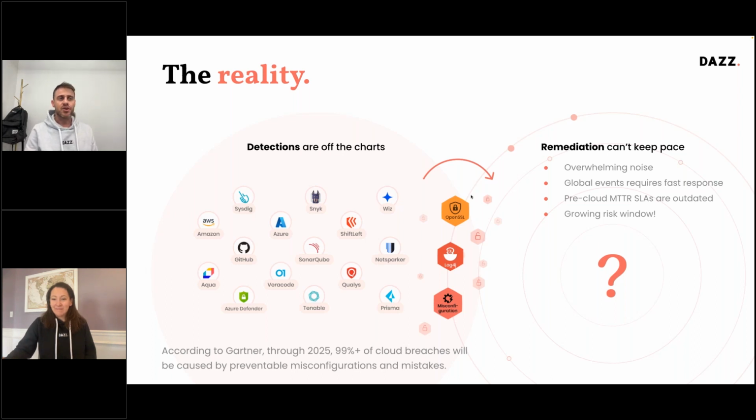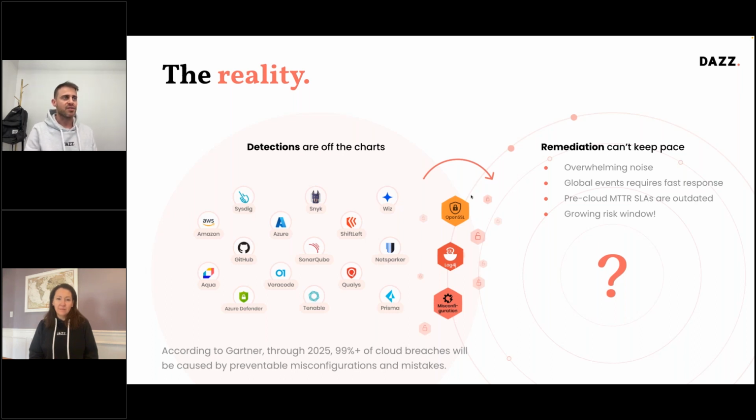As you know, the reality today is that we have so many tools from code to cloud that are spinning up and sending detections to the security teams all over the place, whether those are code scanners or CSPMs or tools related to pipeline security, the DevSecOps tools. All of those are creating alert fatigue for the security team to handle, and it's really hard for them to do prioritization based on those multiple platforms and multiple places to find those alerts.